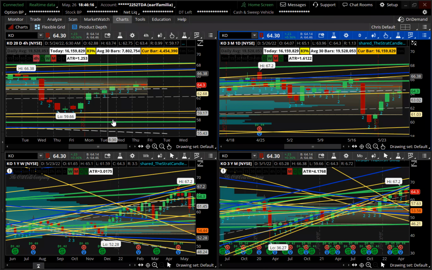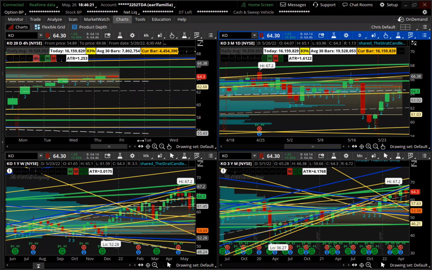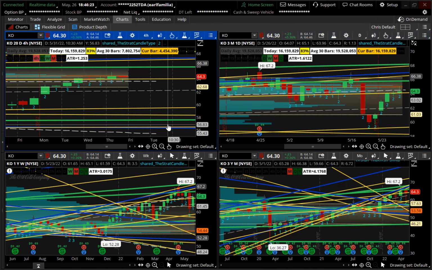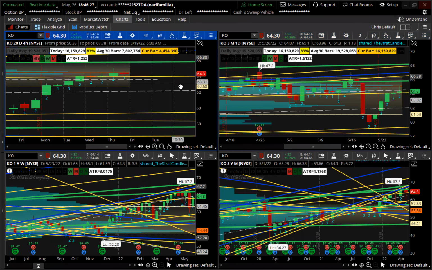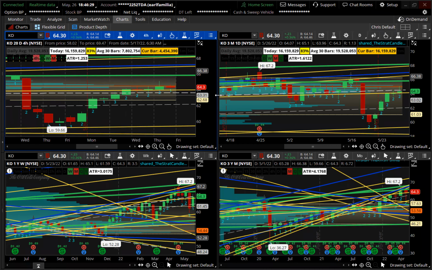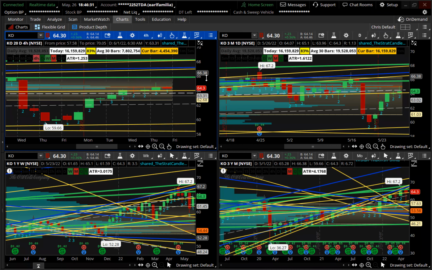So yeah, Coke looks like just another sideways afternoon. I think the inside week patterns scared them away. It looked like it came to the point of control and got stopped. It's right up on the point of control. It's gonna have a little work to do to get back to the higher day from today, which is at 64.96.